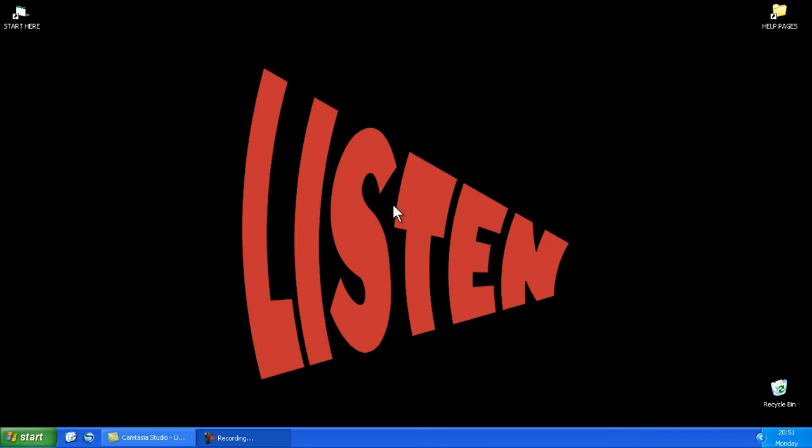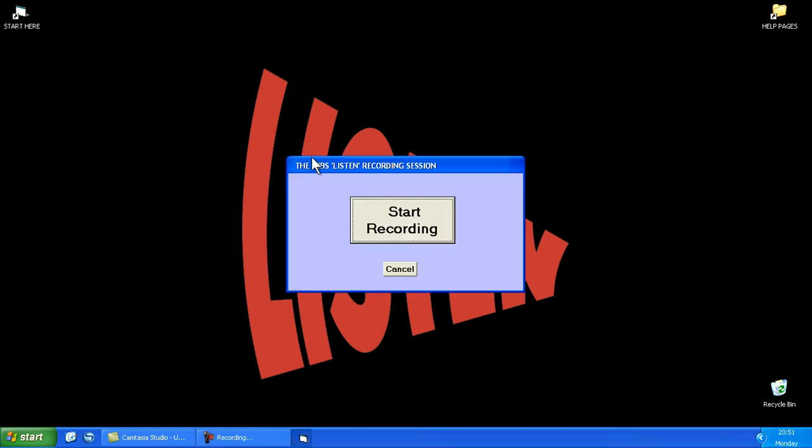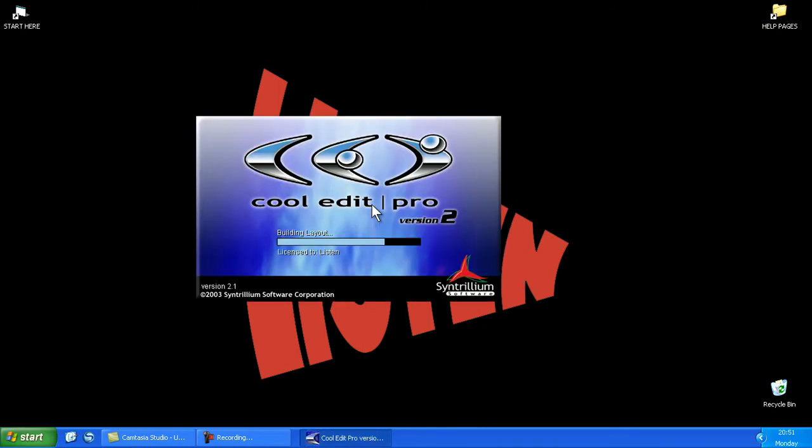We're now going to do a test recording of Listen to illustrate the process from start to finish. To begin with, we click on the Start Here icon at the top left hand corner of the screen. When we double click on it, you'll see the Start Recording option appears, and a single left click on that will automatically open the Cool Edit software,